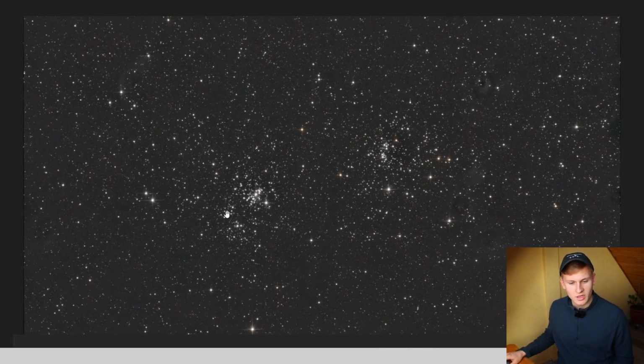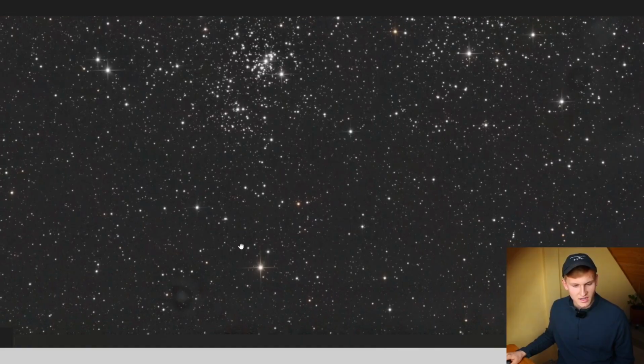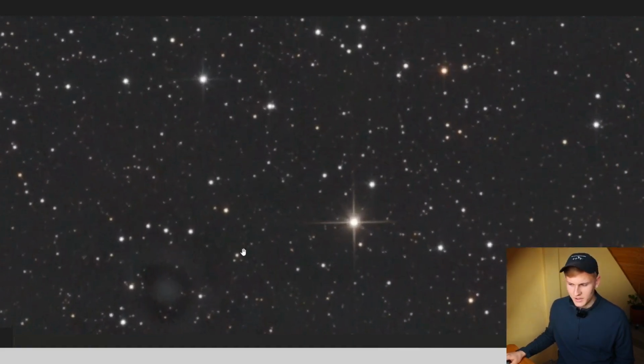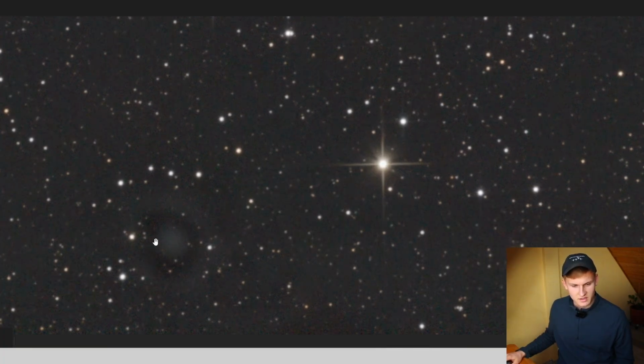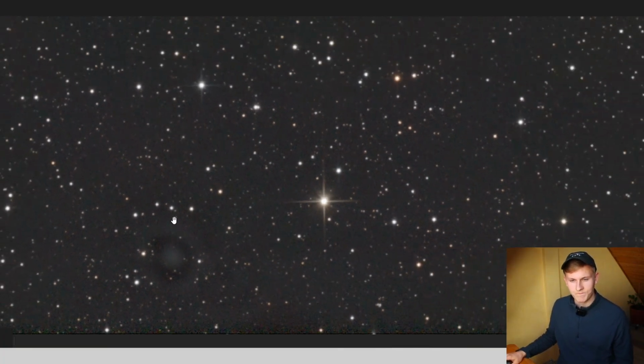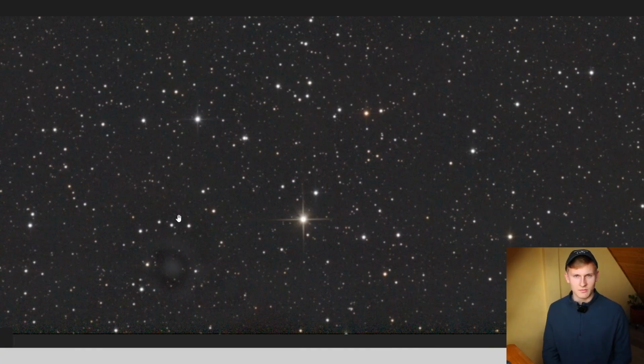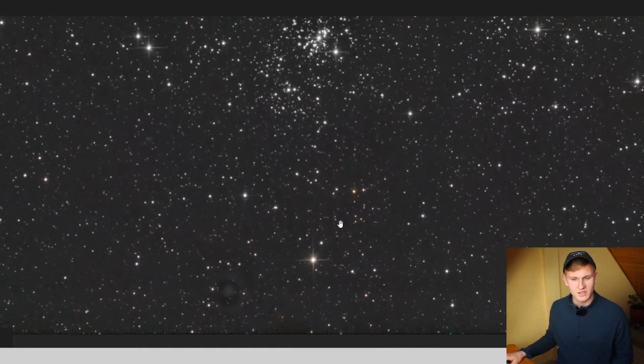If you look at this image as a whole, it looks great. But if you zoom in a bit, you can see that there are a few structures that should not be there. For example, if you look down below here, you can see these circles. These can be there, for example, due to dust on the sensor of your camera. That's why we astrophotographers use calibration frames. We use dark frames, flat frames, bias frames. I'm always using these calibration frames to not have these structures in my final image, but unfortunately